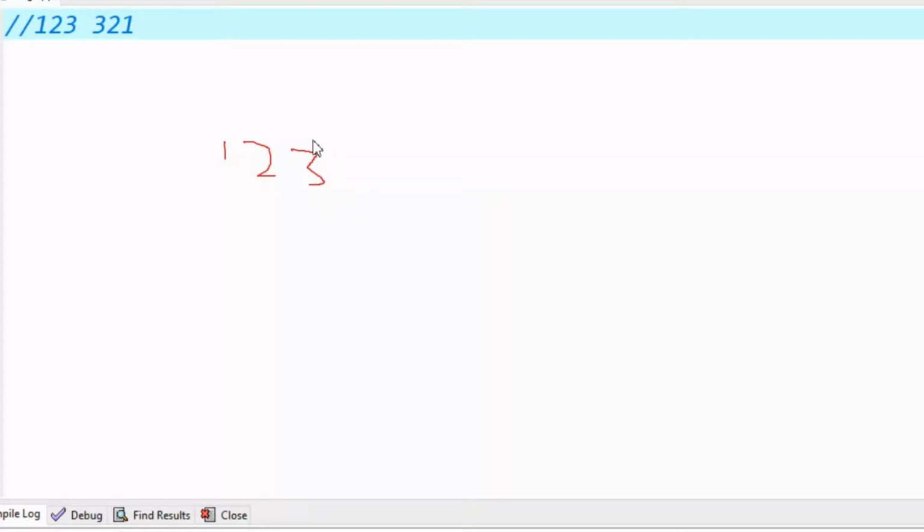So we will get the last element. Suppose I got the last element, and suppose if the user input has more elements, we will get the second last element. And whatever value we have currently, we will multiply by 10, and then we will add the next value, so this becomes 32.